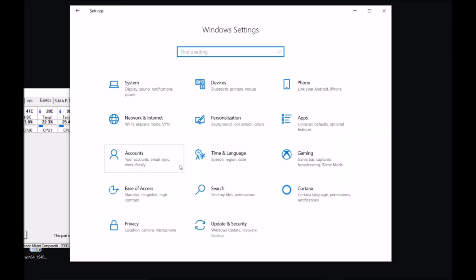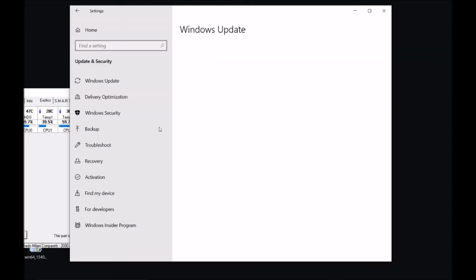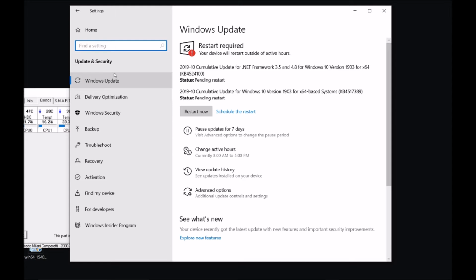From the main settings page, under Update and Security, we also have this tab here, Windows Update. And it looks like Windows 10 is actually forcing us to take all the updates they are issuing. Perhaps it's better to just update your system maybe every 6 months or so, and wait for a bigger update that compiles everything prior to it.